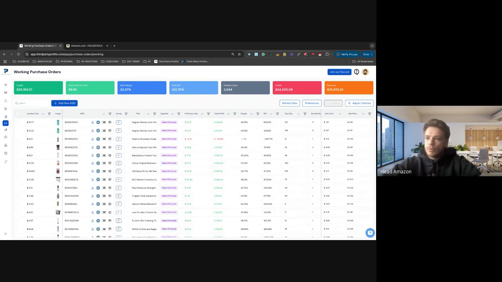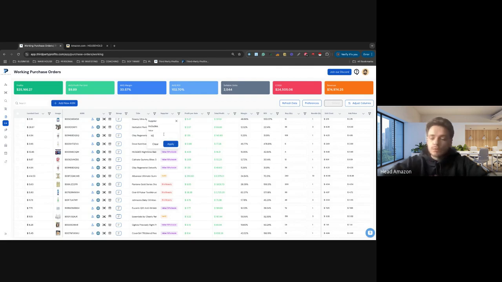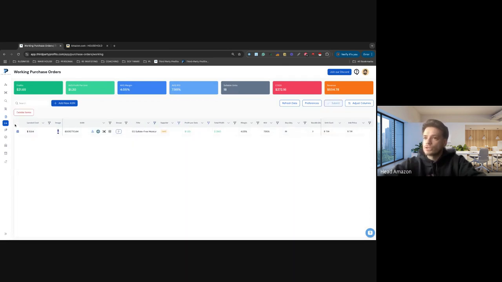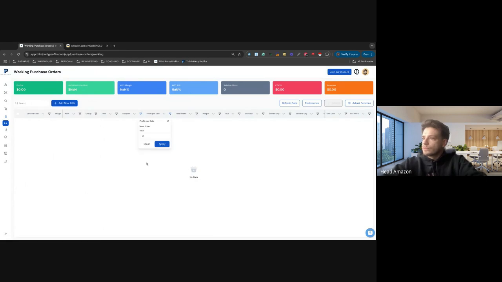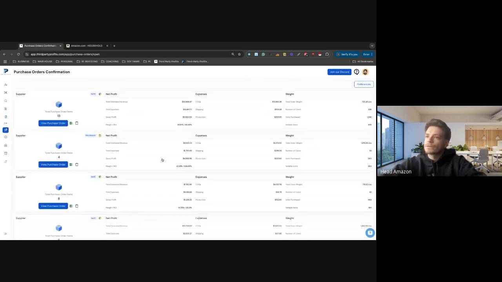And then from that point on, we're able to review that PO in here. So let's say it's like KeHE. We want to review that PO, see if things are profitable. Let's remove products that are less than $2 in profit per sale. So it's just this one item here. Let's delete that. Clear, hit apply. We got margins here that are solid. Okay, that's good to go. Hit submit. You can download this PO here. And then just like that, we're going to now have,